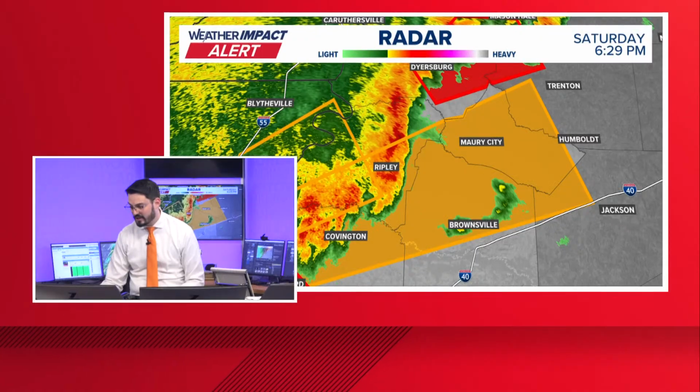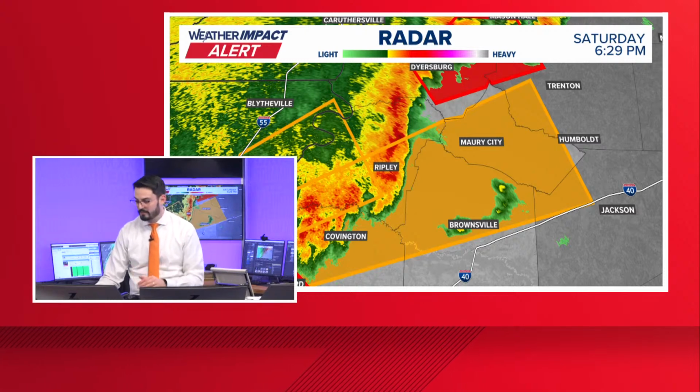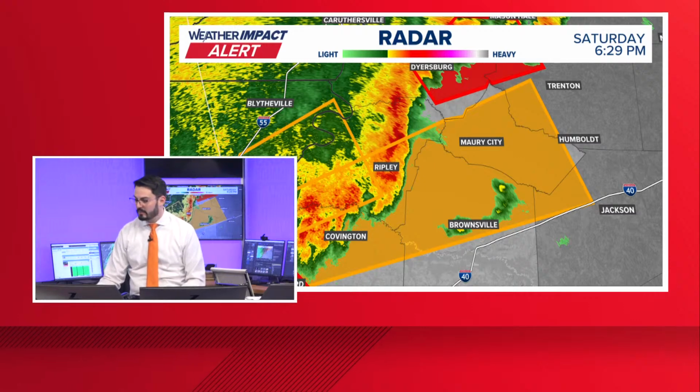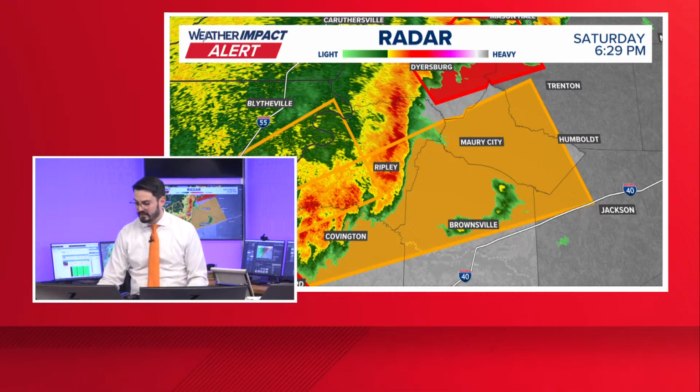Whenever we're talking about large hail, that can do a lot of damage to your vehicle, to your home. So if you are inside, you want to be away from windows, because sometimes weaker windows can be blown out by large hail. As we take a look at the area around the north of this, we do have presently